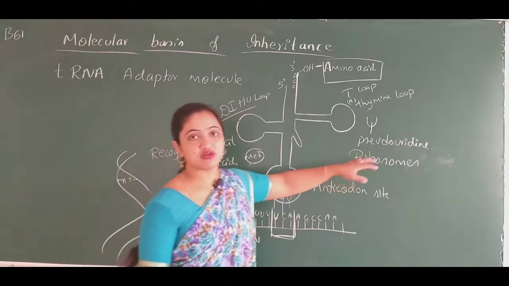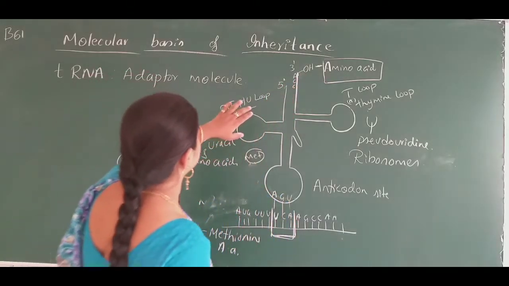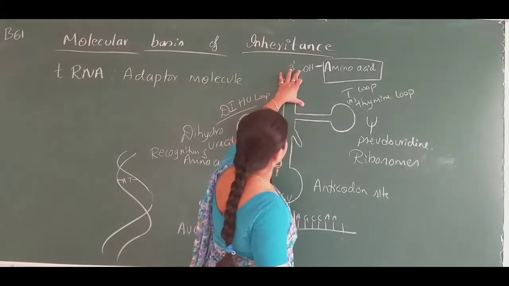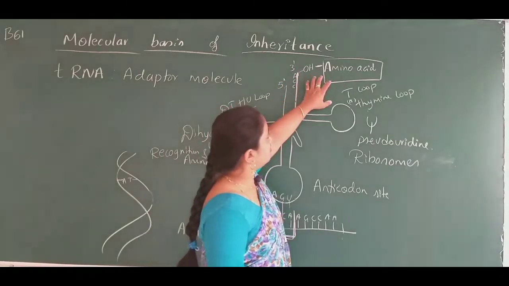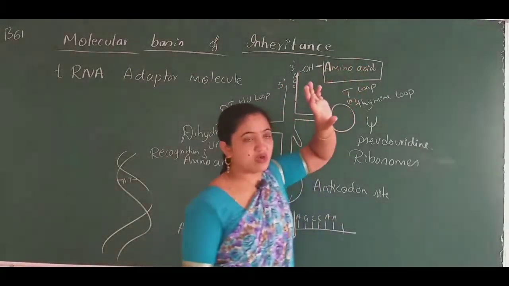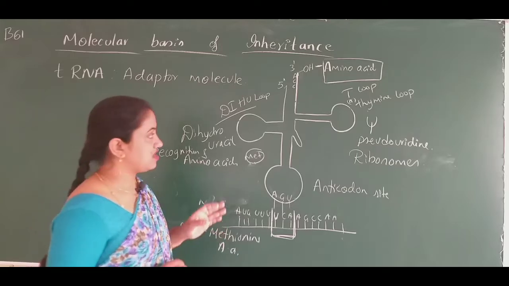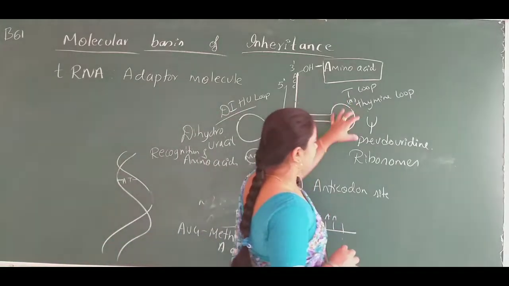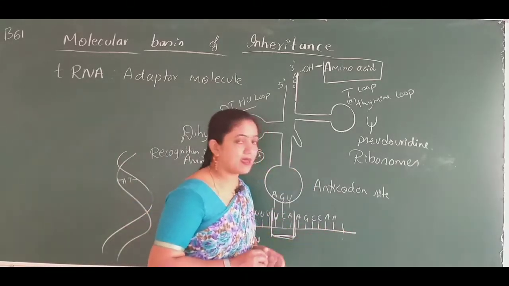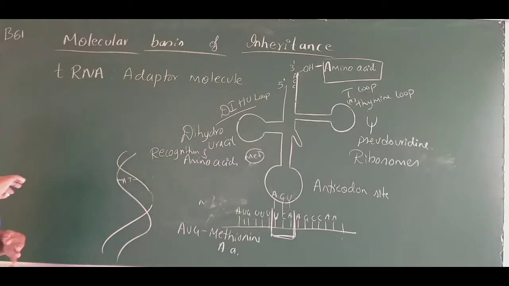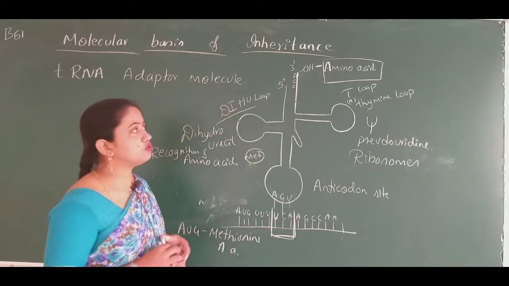Ribosomes. It recognizes the ribosomes. And the next is here, what we are having at this end, the 3' moiety. What is it going to bind? It is going to bind with the amino acid. This loop is recognizing the right amino acid and this loop is recognizing the ribosomes, and this is going to code with the mRNA. So after all this, what is the use of understanding the T loop,